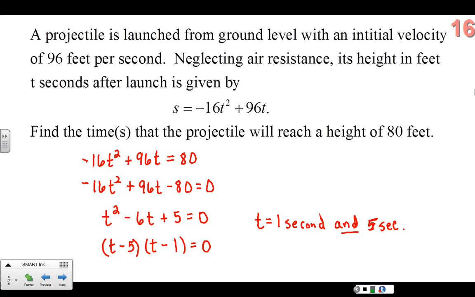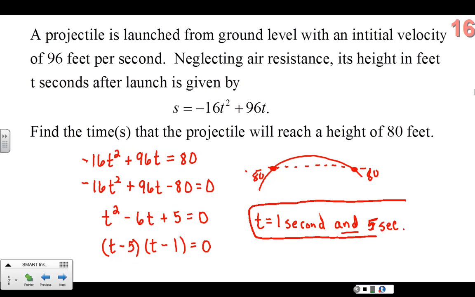Okay, how in the world could it be at two different times? Well, it's a projectile launch, so we could say that here's 80, here's the model of the picture, and at 80 it could be here on the ascent up, and then 80 also here on the descent down. So it could be 80 at both of those places. So after it's been in travel for 1 second and after it's been in travel for 5 seconds. And notice in your problem